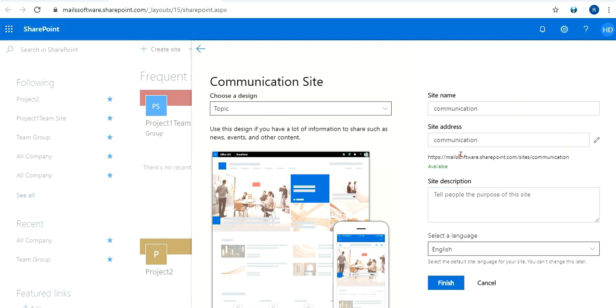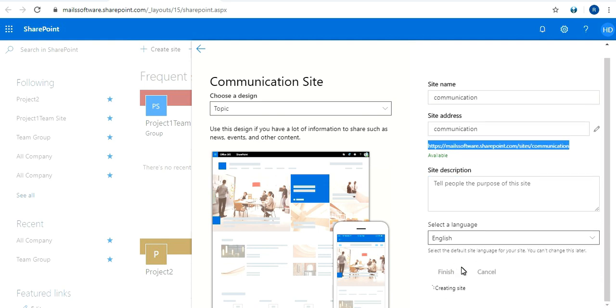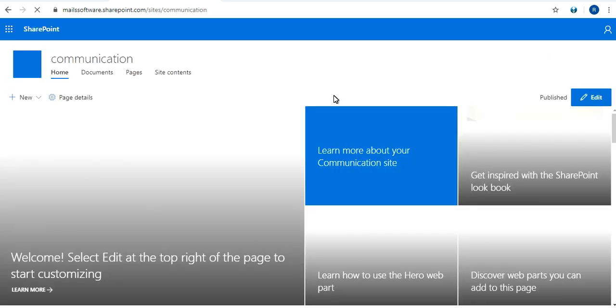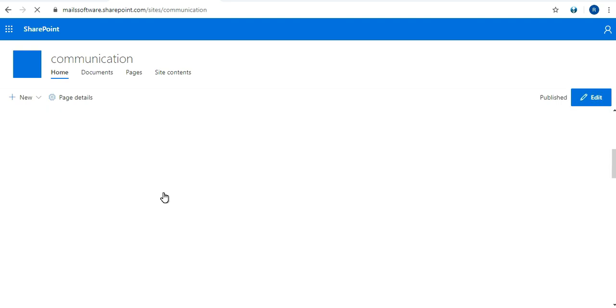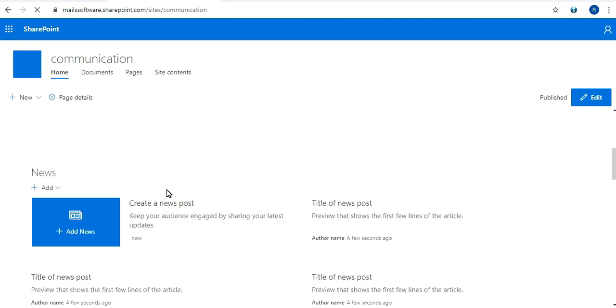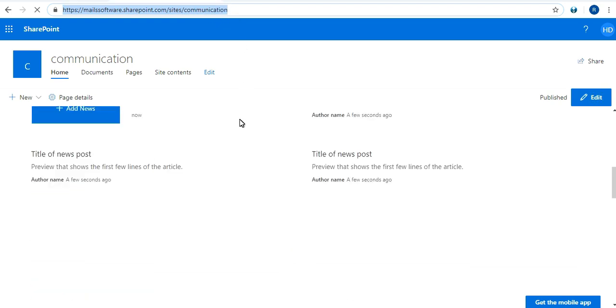It will automatically give you a site URL, and then just click on the finish button. So that's all. It's a communication site. Anyone who is a member of your organization can view the communication site by using this site URL.